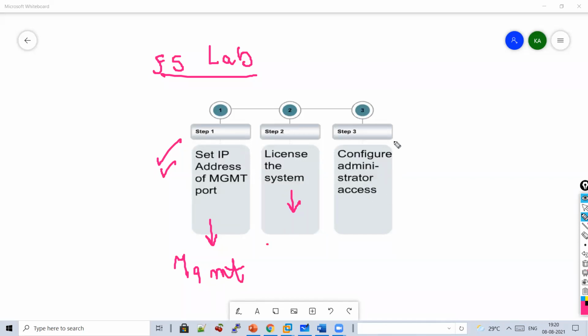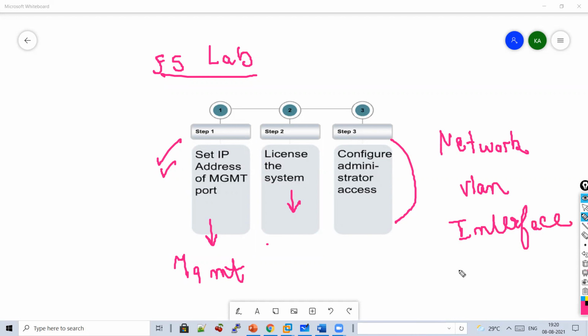Third thing, we will configure administrator access like network, VLANs, interfaces, DNS, NTP. All this we will be configuring in our F5 box. So this is the lab setup we will be taking care of.